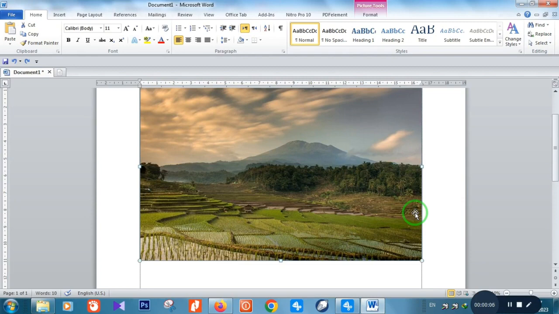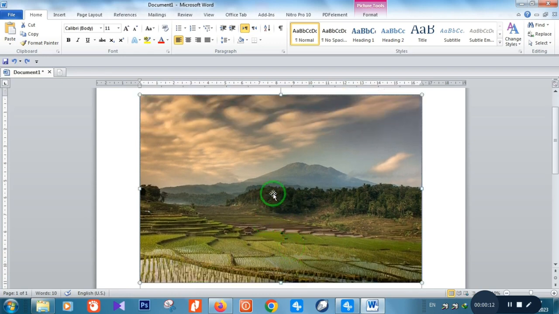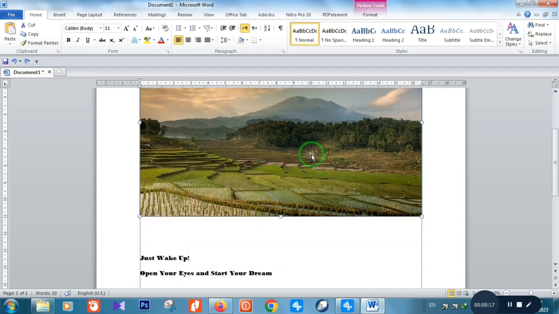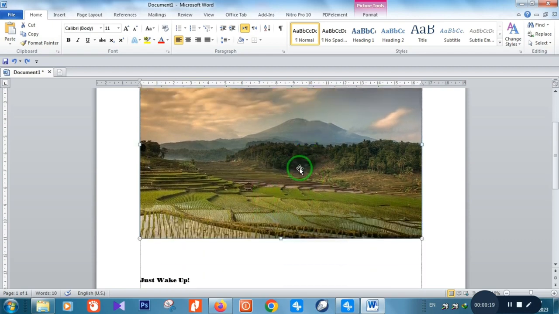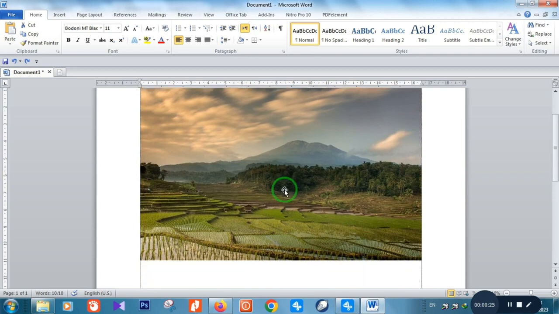And in today's video, I would like to share with you how to insert the tag exactly inside the image. Here, I have an image, and I will try to show you how to insert this tag into the image. Okay, and you can click the image